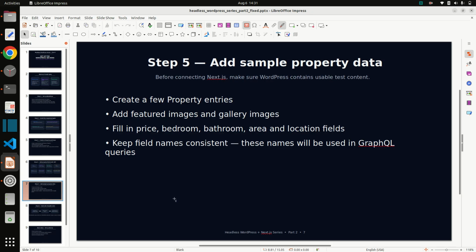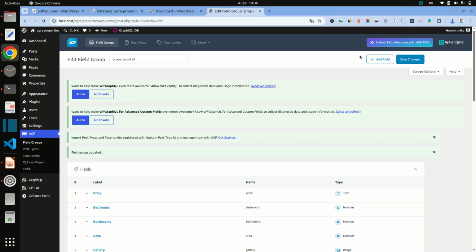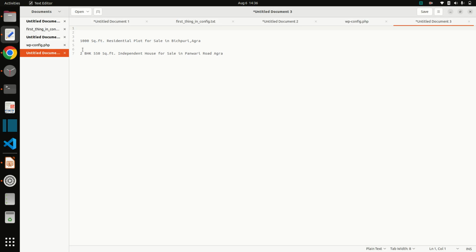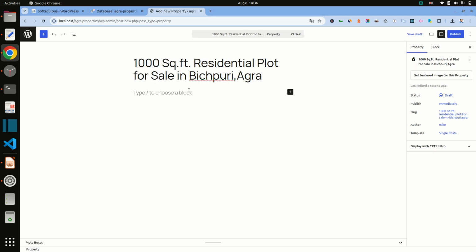Now step 5 is add sample property data. So for that I am creating 2 properties here, and let you know. Now we will put some properties. So for that go here to properties and click on add new property, and I already selected one property name, so you can also select, and 100 square feet.